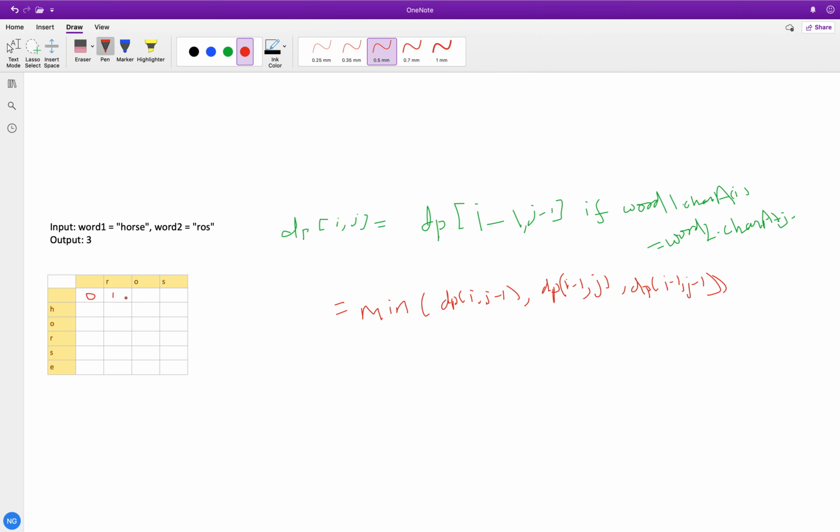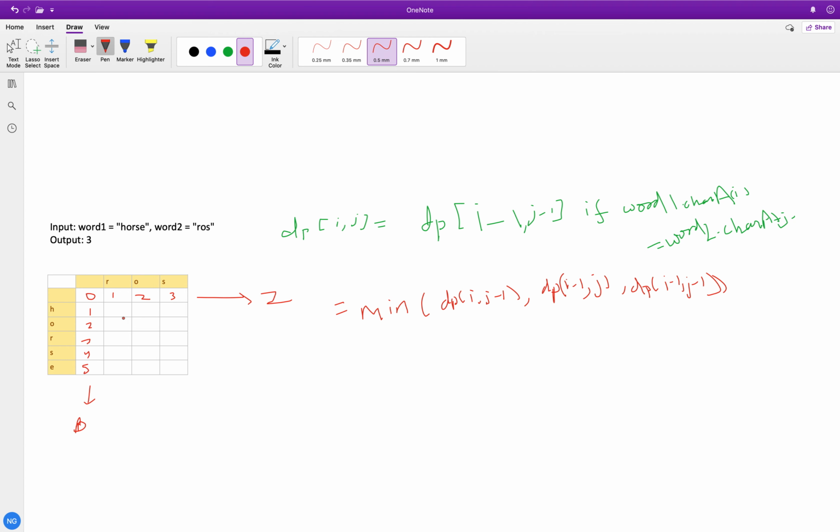So if we have 1, then 1; if we have 2, then 2; then if we have 3, then 3. Similarly, in case we don't have a word, this is basically an insert operation we have to do in word1. And if word2 is empty, then we will do a delete operation here to create word2 from word1. So delete operation with the same number of characters: 1, 2, 3, 4 and 5.